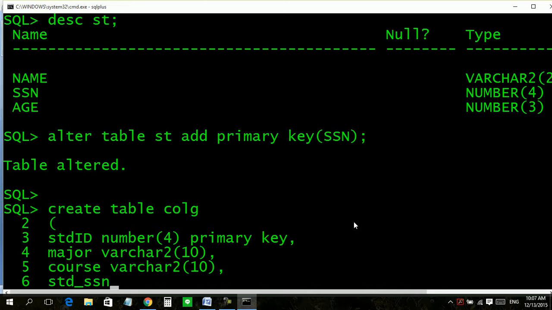It is only the SSN of a student, number(4).